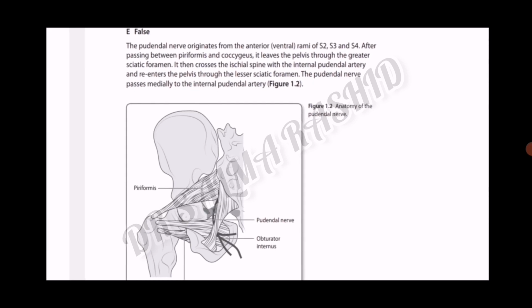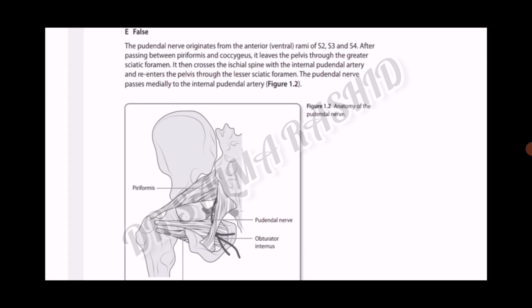This is the explanation given in the book. The pudendal nerve originates from the anterior ventral rami of S2, S3, S4. After passing between piriformis and coccygeus, it leaves the pelvis through the greater sciatic foramen. It then crosses the ischial spine with the internal pudendal artery and re-enters the pelvis through the lesser sciatic foramen. The pudendal nerve passes medially to the internal pudendal artery. Now, after reading the explanation,